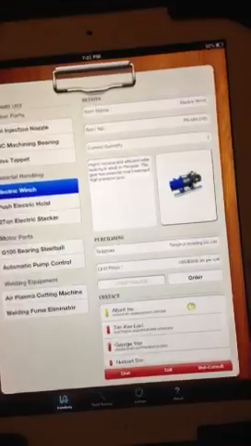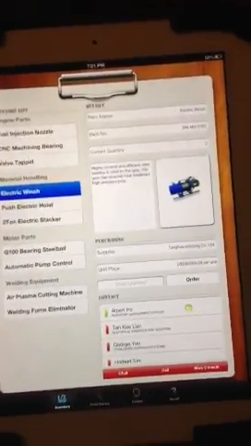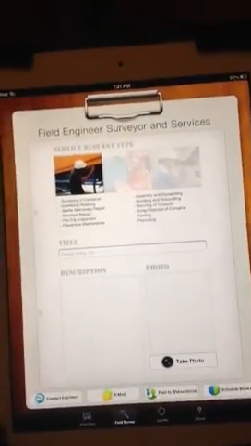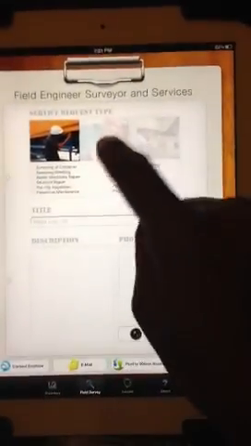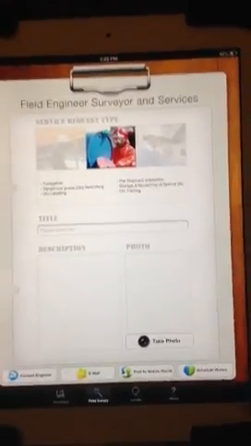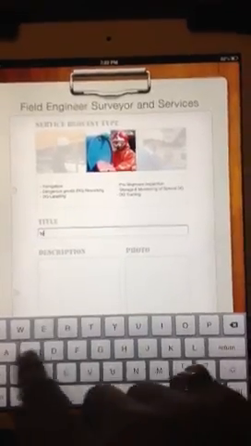What this does is it opens up my Jabber interface, which allows me to make a video call to my expert. I can reduce this, bring back the main screen, and then I can even do a chat. While we go through those screens a bit later, I also have an option of doing a field survey, and while the field survey is going on, I have various different choices. Depending upon what plant or what floor I am on, let's say if I were to do a fumigation, I can select the title, testing